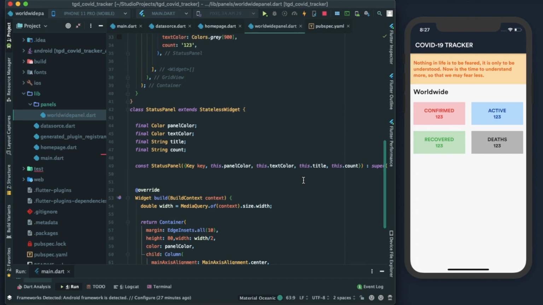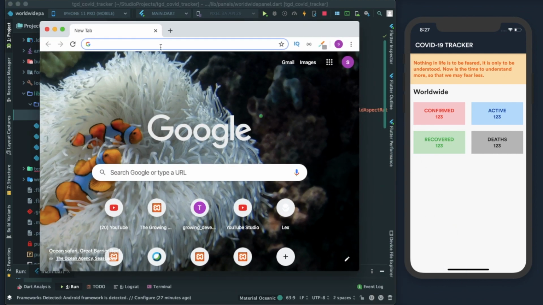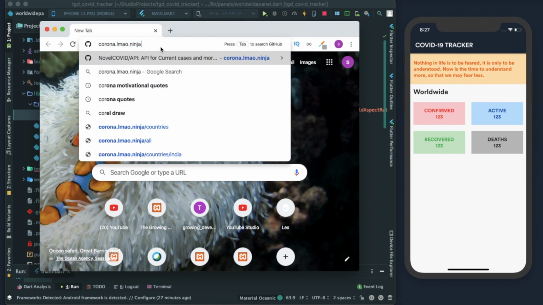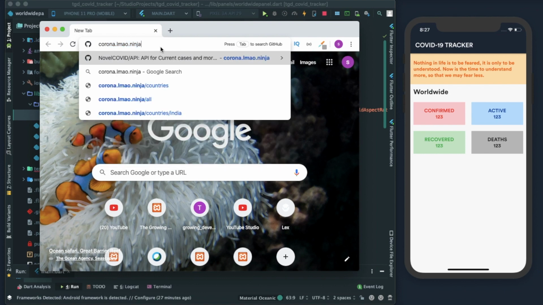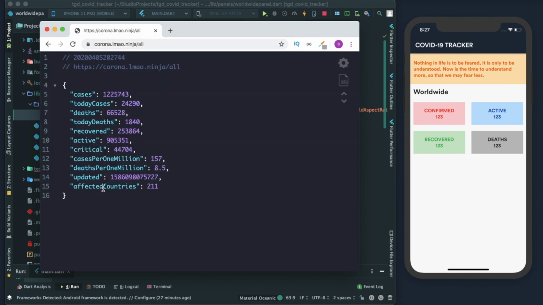Now let's see how we can fetch from the API, which API we'll be using, and how we can integrate that API into our application. So for that, go to Chrome, write corona.lmao.ninja. This is the API that is open sourced on GitHub and I'll be using that. Write /all. When you get this API, you're gonna get a map, and there you can get all the